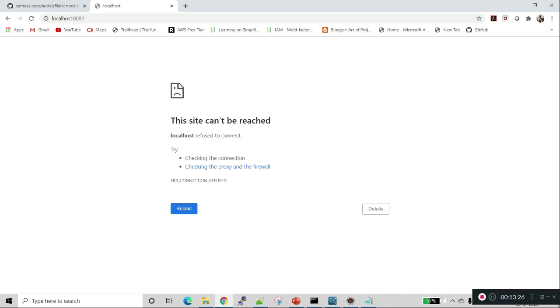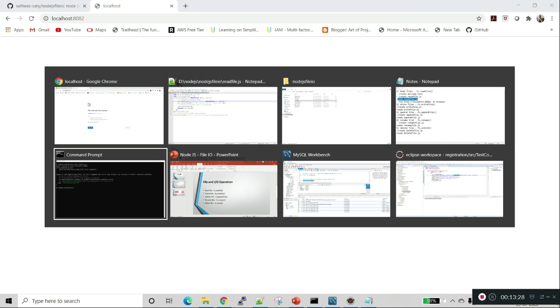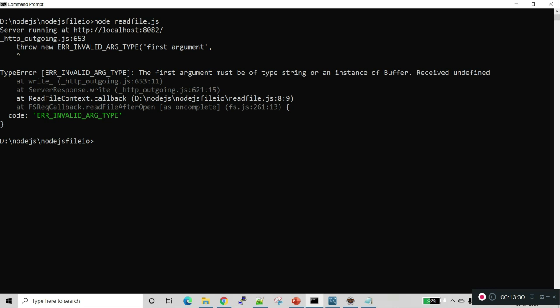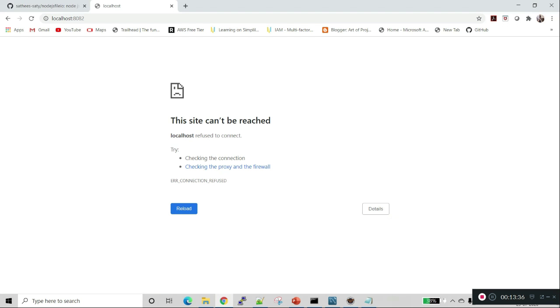The site is not reached, so we need to run the program again. Now we got the output. This is the way we need to do error handling in Node.js.